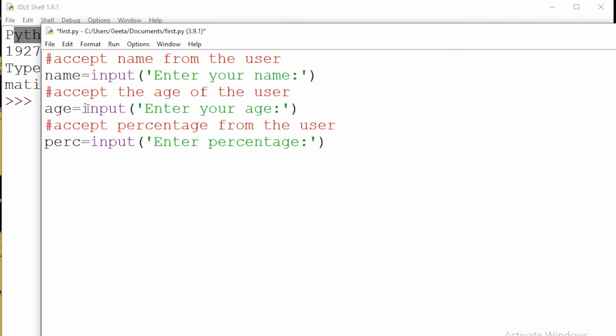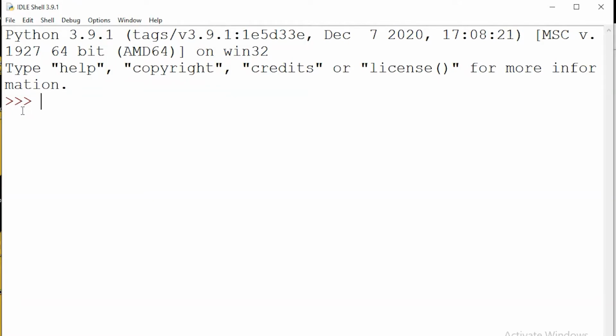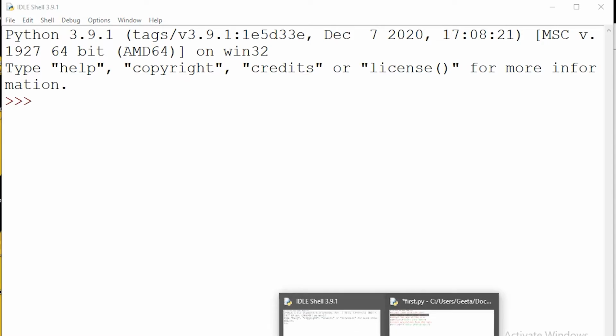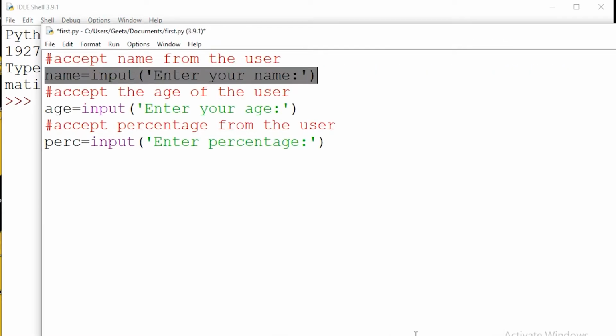See, we are very much familiar with these statements because we have used these statements at the command prompt. But instead of writing the syntax directly at the command prompt, I am creating a file with the name first.py. So this is my program file or scripting file.